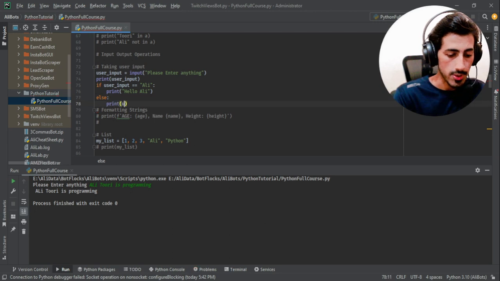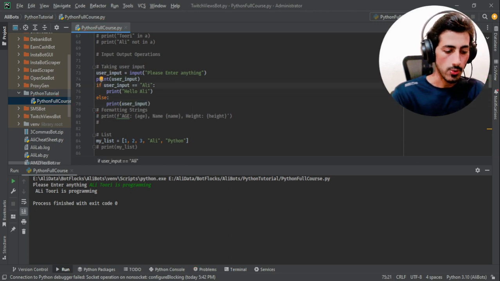Else print the user input. So now if we run this,